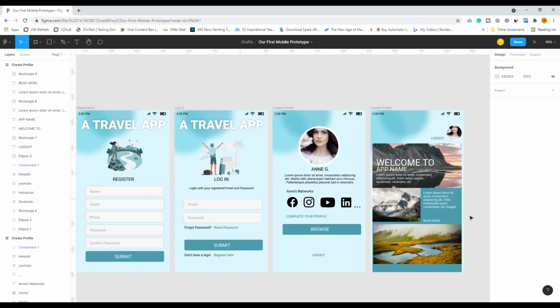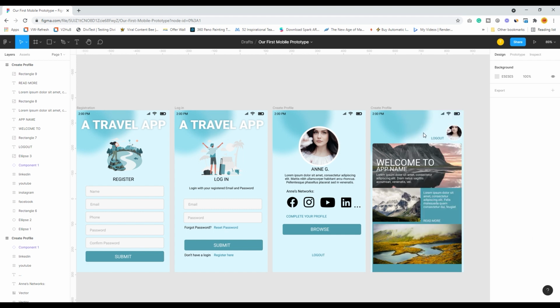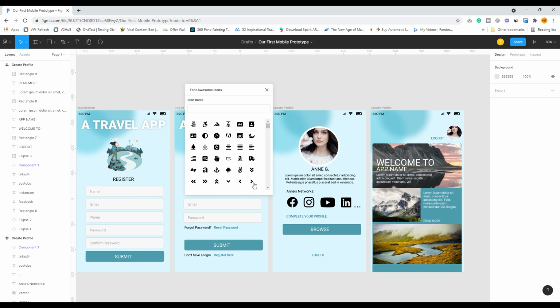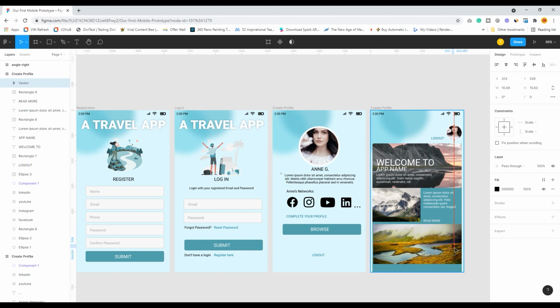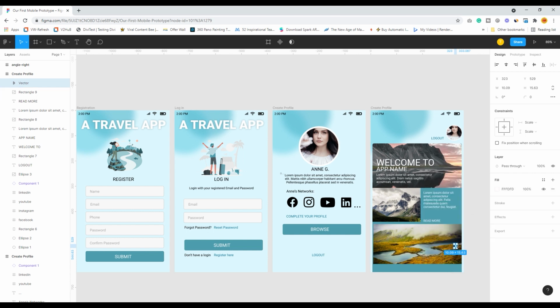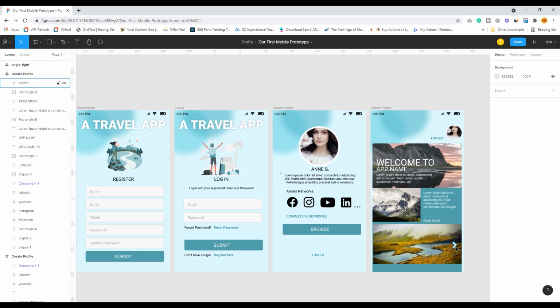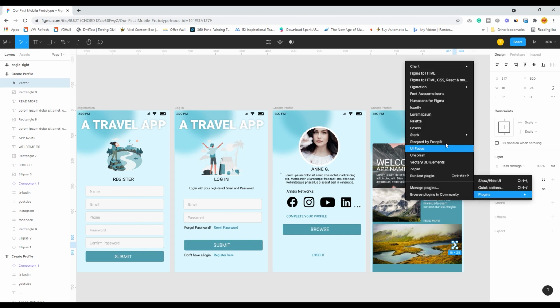I will also take some arrows. For that I have to go to Font Awesome Icons, and I will take this next arrow from here, drag it over to this, fill it with a white color, and definitely shift and increase the size of the next arrow. Similarly, I will also create a back arrow.